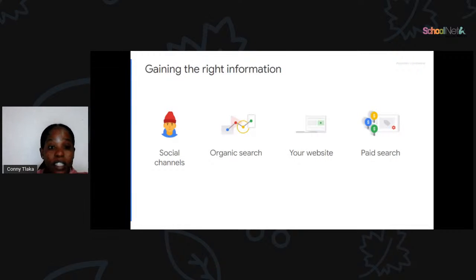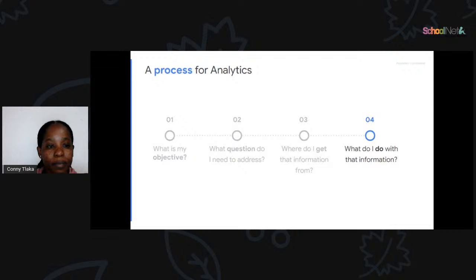And the last one is paid search. You need to know how to market your product to customers using a paid channel. So that is how you're going to gain the right information to engage with your customers.